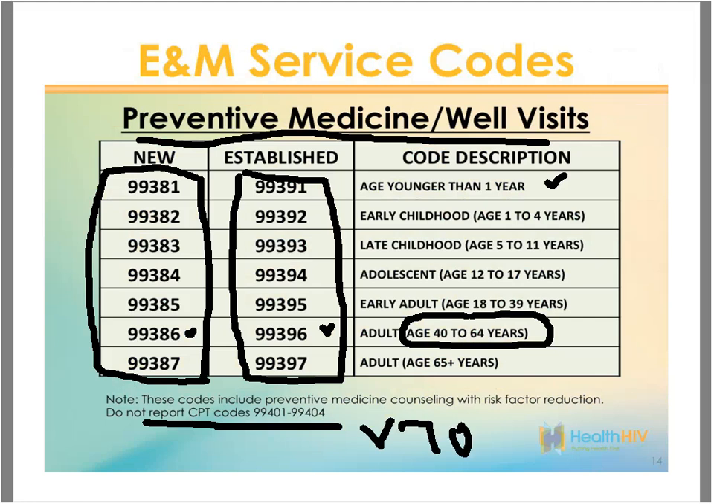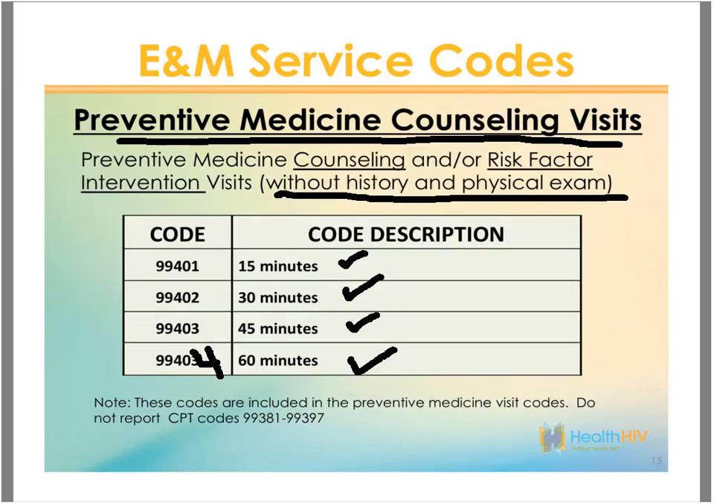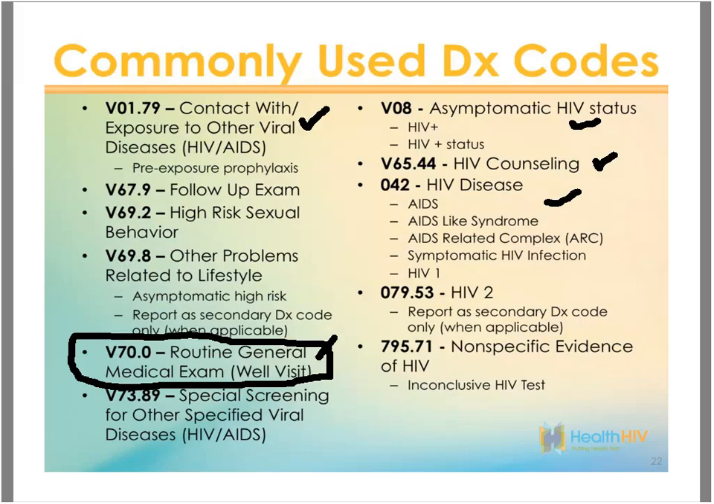V70.0. I apologize, I'm trying to write with this. So the V70 diagnosis code is only reported with the preventive medicine visit codes. In those instances when a patient returns for the follow-up well visit encounter, you would utilize the V70 code for those instances as well. Now, there are going to be some occasions where patients come in for just the test,